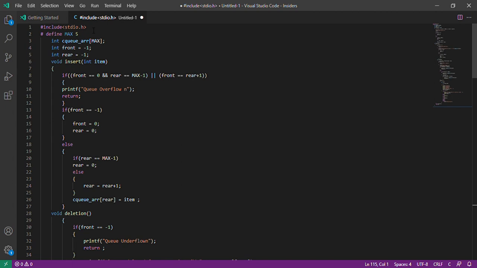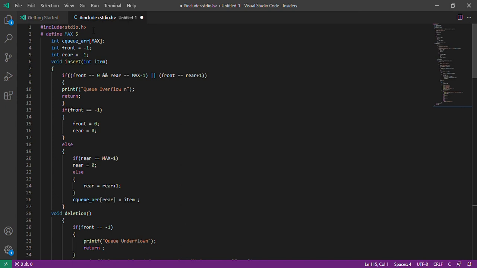Okay, a circular queue in C stores the data in a very practical manner. It is a linear data structure. Okay, it is very similar to the queue, and the only difference is that the last node is connected back to the first node. Thus, it is called a circular queue.